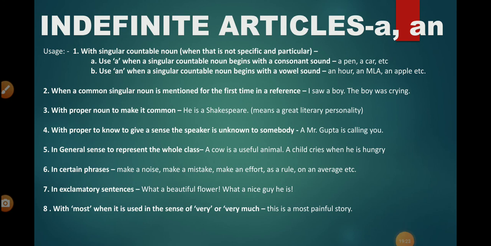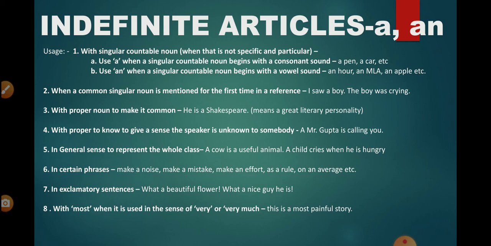The second one is when a common singular noun is mentioned for the first time in a reference. Students, this is the same rule as was taught in the definite articles also. In the definite article, the rule was that when a singular countable noun gets a repeated mention in the same reference. So here the other side of the same rule is when a common singular noun is mentioned for the first